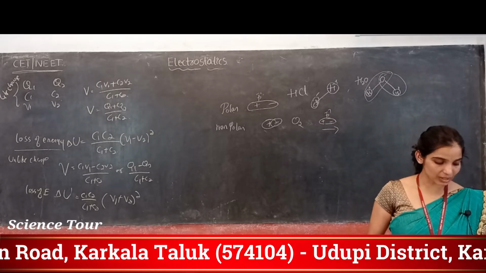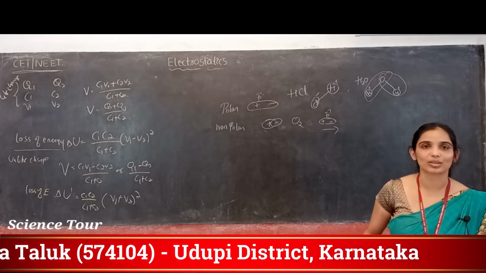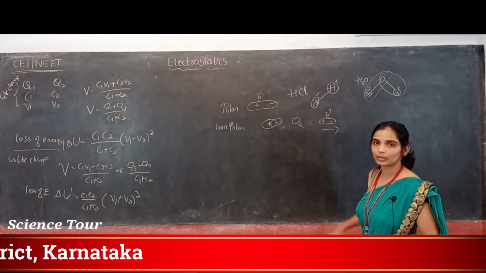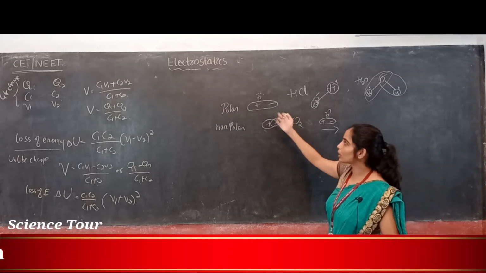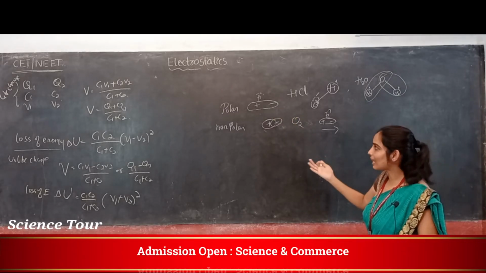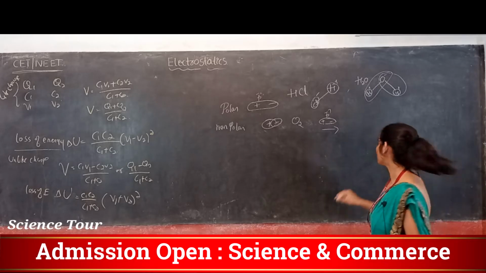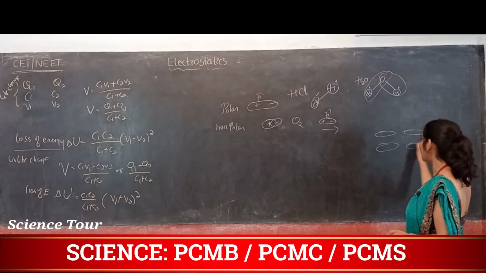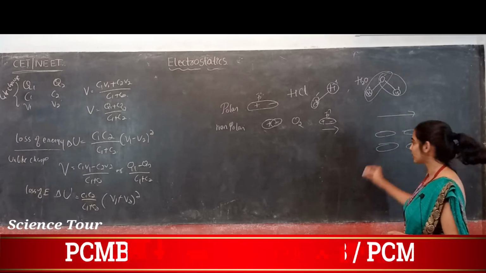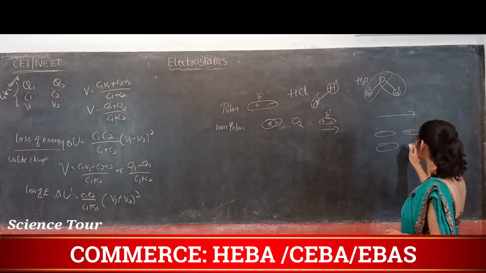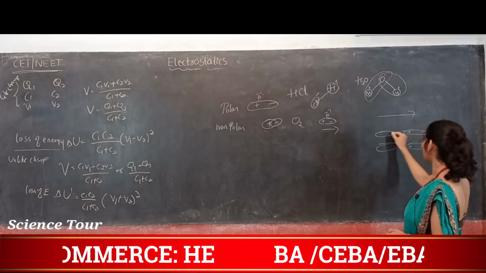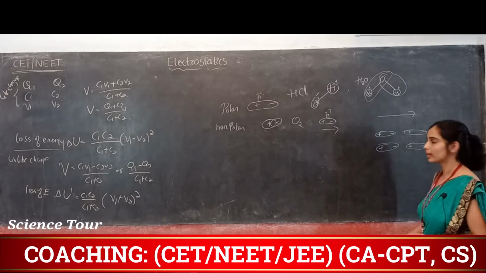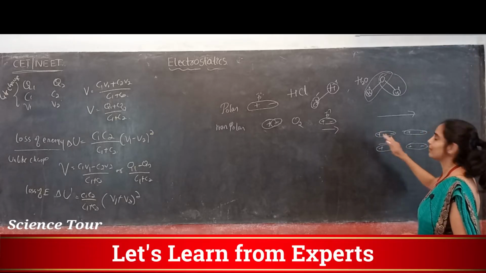Now, the electric field due to induced charge on dielectrics. If you apply an electric field, this will form the dipole moment. Polar molecules will align. When they align, an electric field will be induced. If all the molecules take the alignment, with the electric field in this direction, then all the positive charges will be formed this way, correct? This way. So then an electric field will be developed.